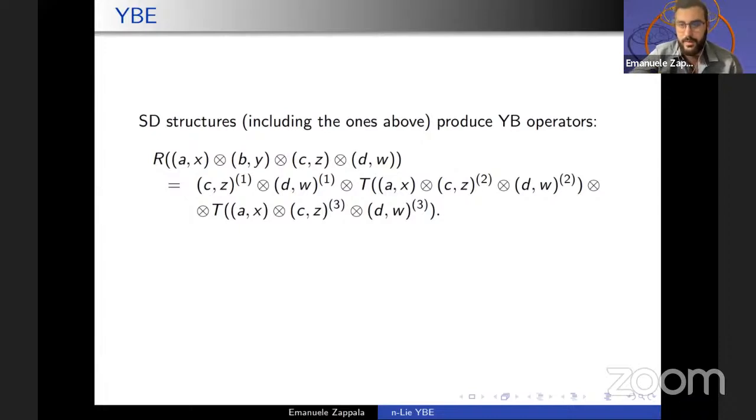You do exactly the same, but, you see, if x goes beneath y, y splits in two copies, one goes on the left and one multiplies x. Here you have to use the co-multiplication and apply the operation as many times as needed. And you end up having a sum, and this thing turns out to be a Yang-Baxter operator, and you can do it for n-ary self-distributive structures. You also need a sort of invertibility condition, because for a quandle, for instance, you would use a star and a star bar,